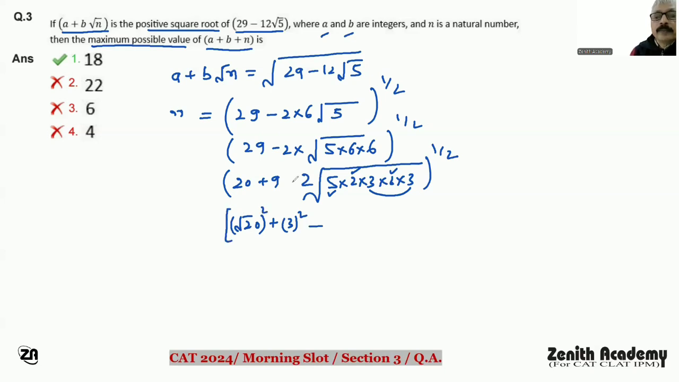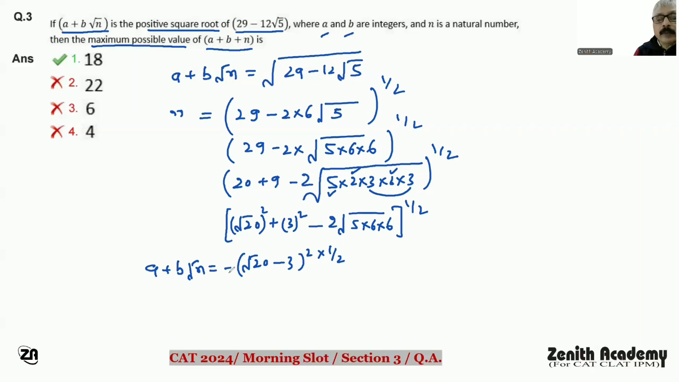Correct? 5 plus 6 into 6. So it is root 20 minus 3 square, to the power 1 by 2. This is a plus b